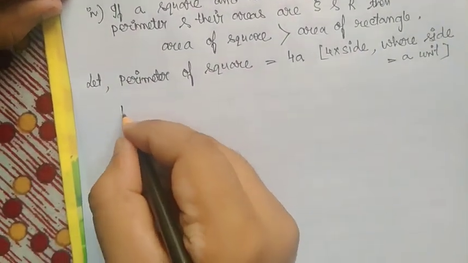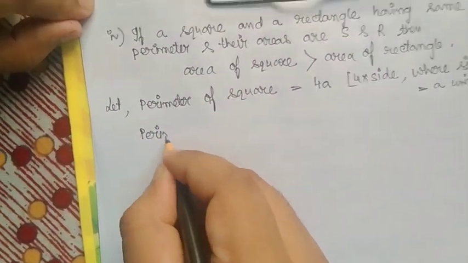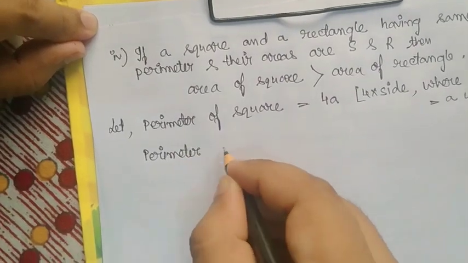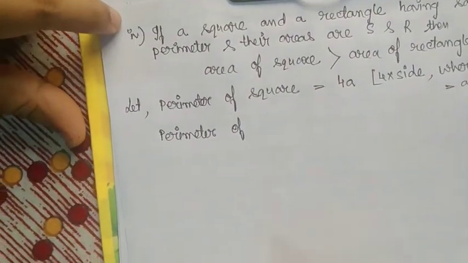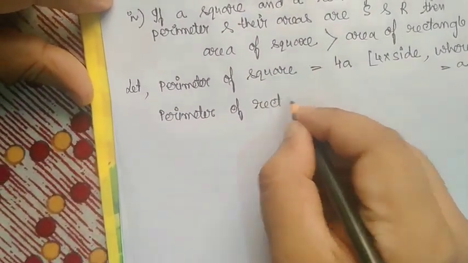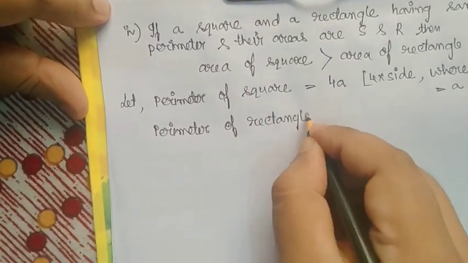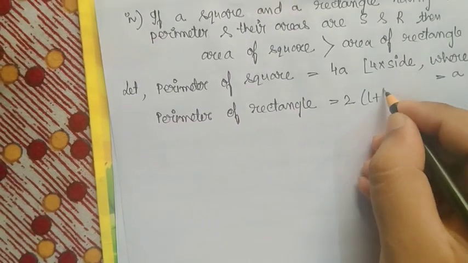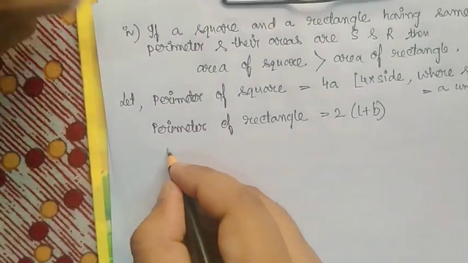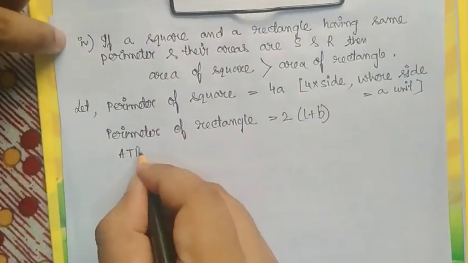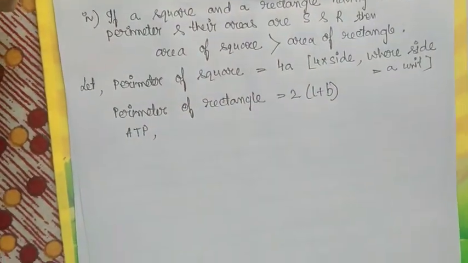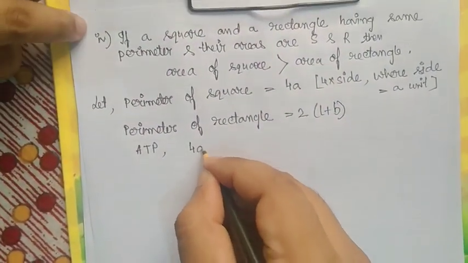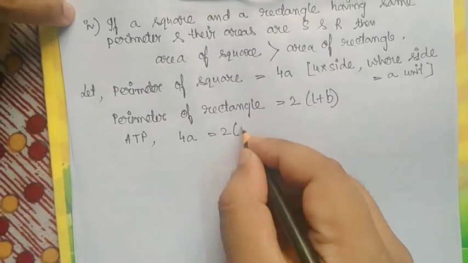And perimeter of rectangle equal to 2 into L plus B, 2 into length plus breadth, we know that. So according to the problem, the perimeter of both the square and rectangle are equal. So therefore we can say that 4a equal to 2 into L plus B,